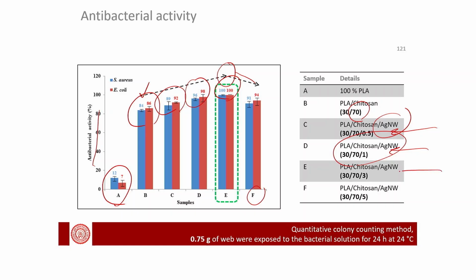And when we used the PLA chitosan and 3% nanowire, which was giving higher silver content, finally we got 100%